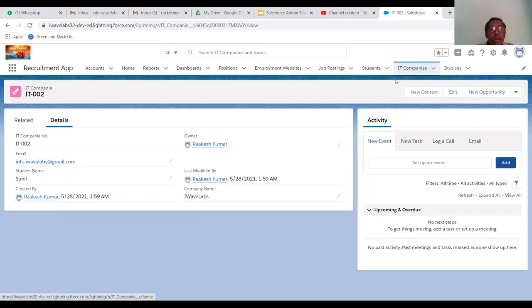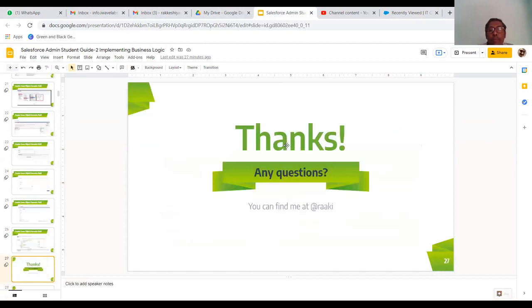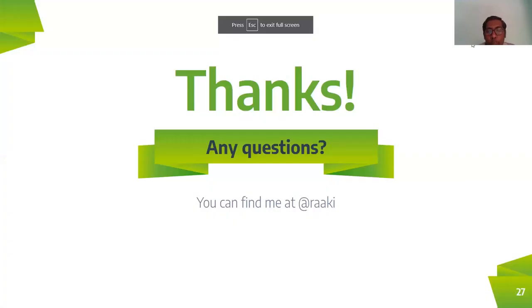Got it? So now I'm going to pull the email ID from the IT Company object. This we achieve using a cross object formula field. So what is a cross object formula field? Pulling the field which is not there in the child object, we pull it from the parent object. That is what we call a cross object formula field. So I think we have done with cross object formula field, right, guys? I think you would have understood about the cross object formula field in Salesforce.